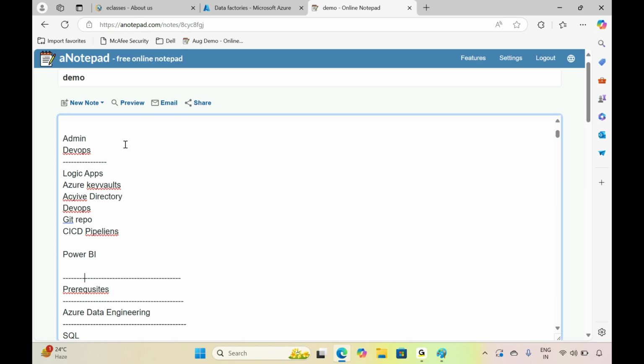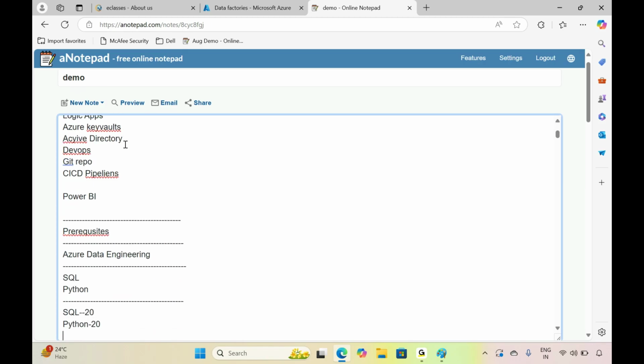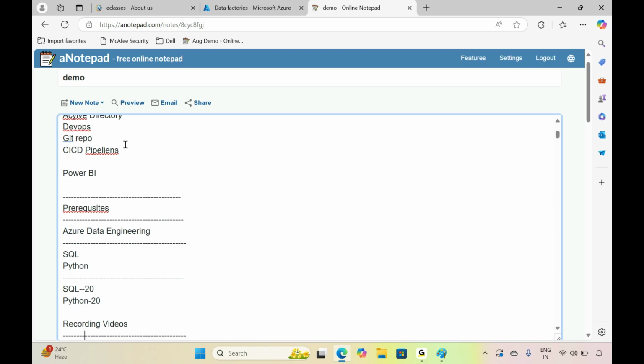Okay, so what are the prerequisites to learn this course? Ideally, it's not a prerequisite, but it is better if you have knowledge of this also. Before completing this Azure Data Engineering course, I recommend you brush up your SQL and Python knowledge as well. So for brushing up SQL and Python knowledge, what we are offering is